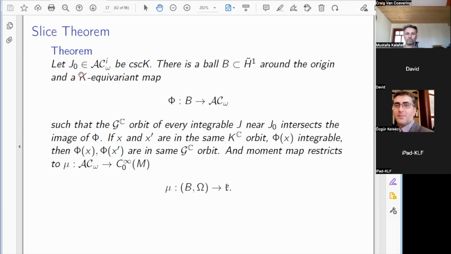So take a constant scalar curvature Kähler element here, so the complex structure, and suppose that the